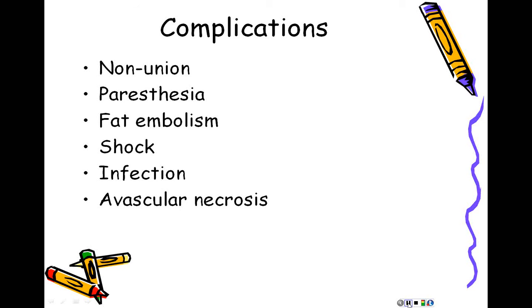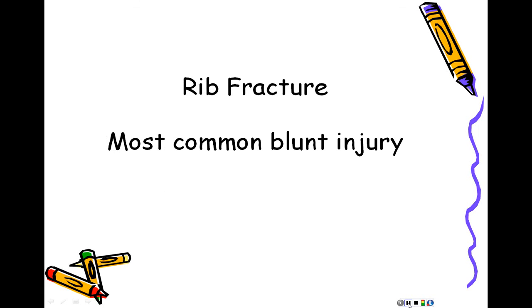that's not a good thing, because here we see necrosis, and so that's an area dying. And so if that bone dies, it's no longer able to do its job. It's no longer going to provide strength to that portion of the body. And so all of these are possible complications of a patient that develops a fracture. And so with a rib fracture, this is one of the most common blunt injuries that